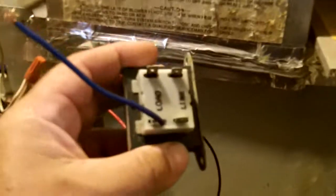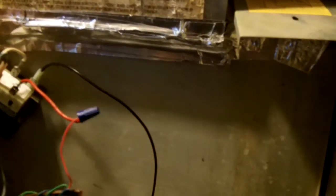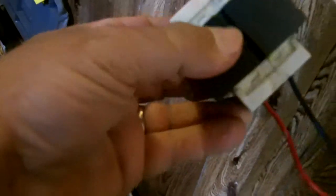There were 2 transformers hooked on here. In fact, I'm going to shut this off. 2 transformers on here. This one, and this is bad, by the way. It got cooked somehow. And then there was this one here. This transformer here. And I think this transformer is fine. But